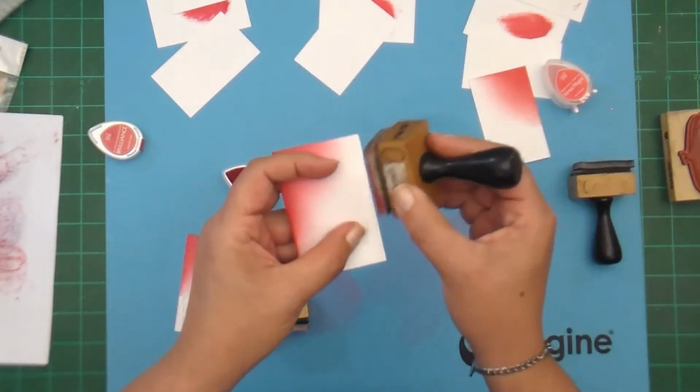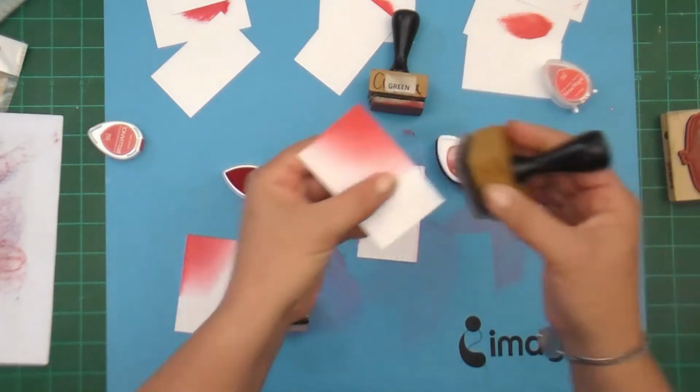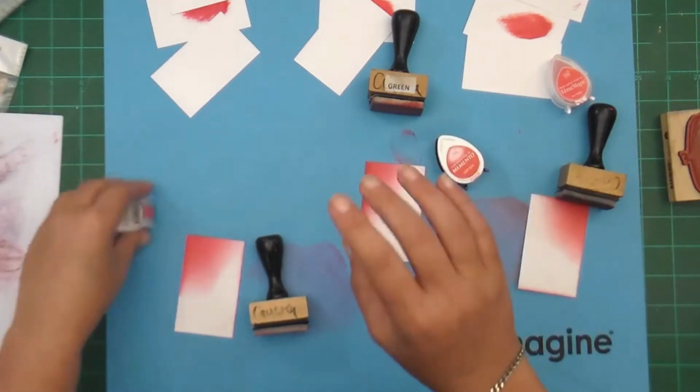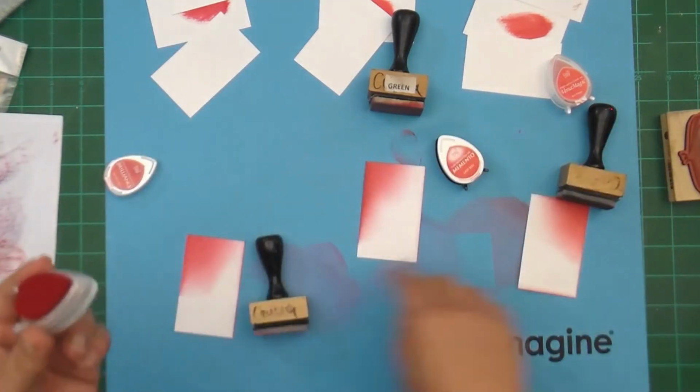Here we're chalking with Memento. And here we are chalking with the Versa Magic. Okie dokie. Righto. Now, if you want to chalk and you do not want to use a little finger dauber,